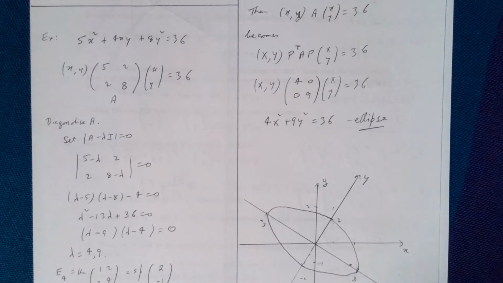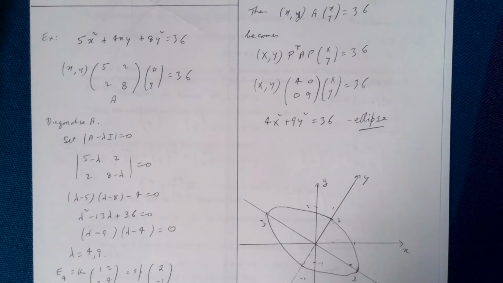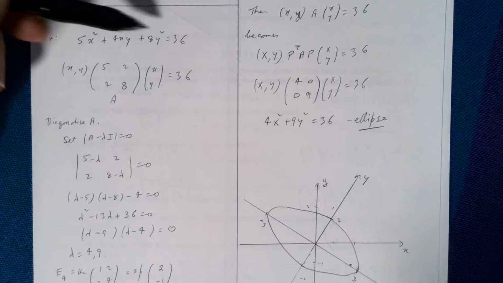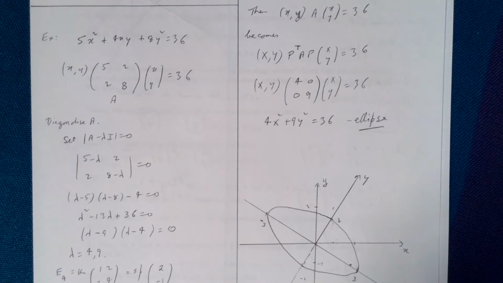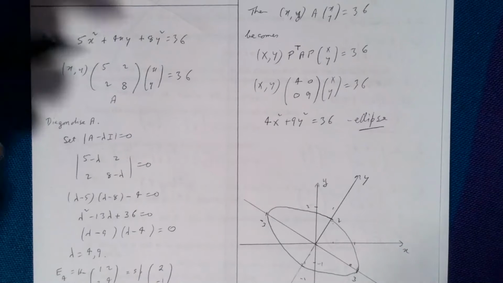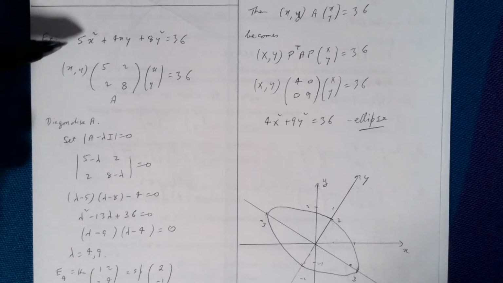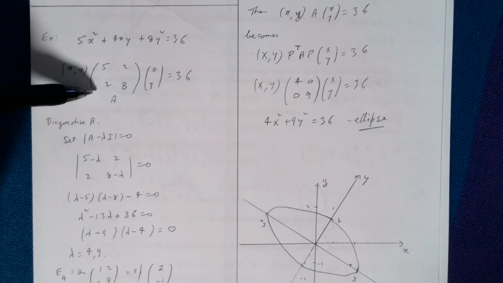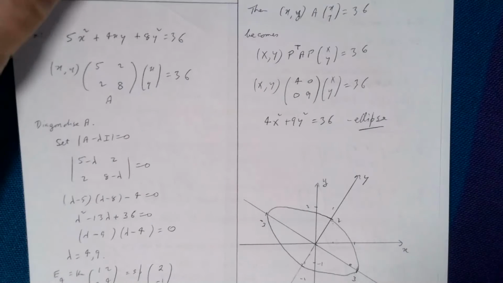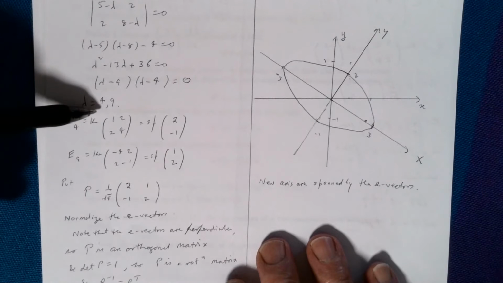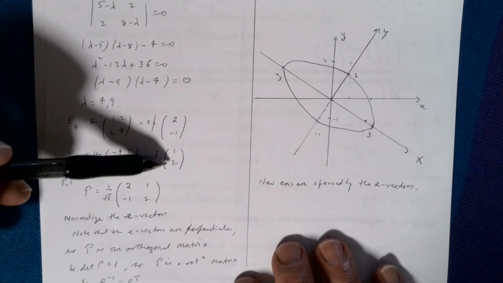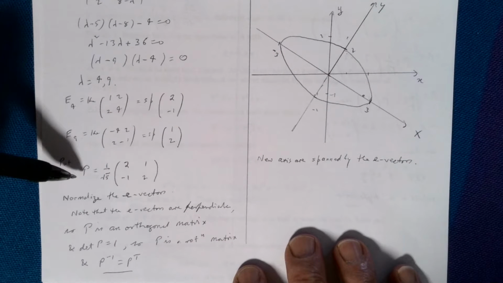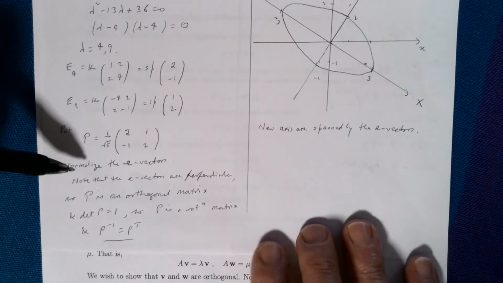Well, hello again. Welcome to our journey into linear algebra, and we've been looking at applications of symmetric matrices. The main application here was to look at these conics, these quadratic forms in 2 dimensions. And in the last example we saw that we could take these conics and write them using a symmetric matrix, and then when we calculated the eigenvalues, they turned out to be real, and the eigenvectors turned out to be orthogonal, and that property enabled us to orthogonally diagonalize the matrix A, which meant that we had, if we put